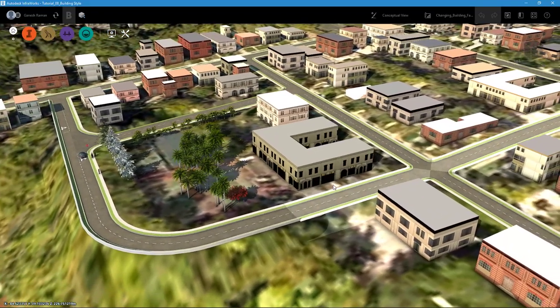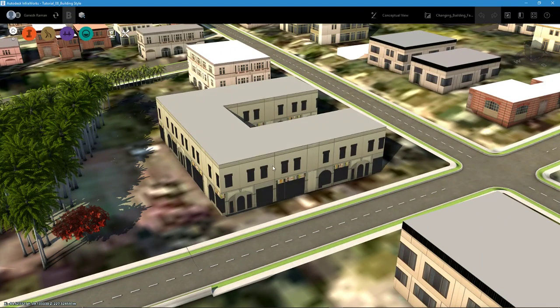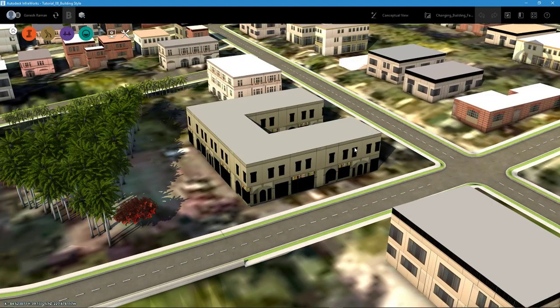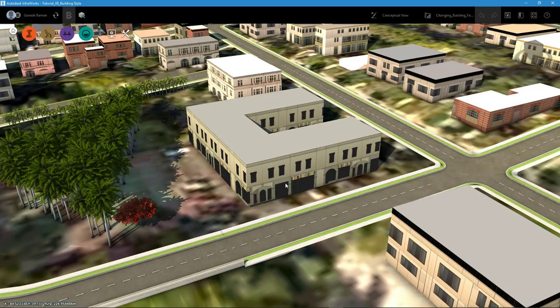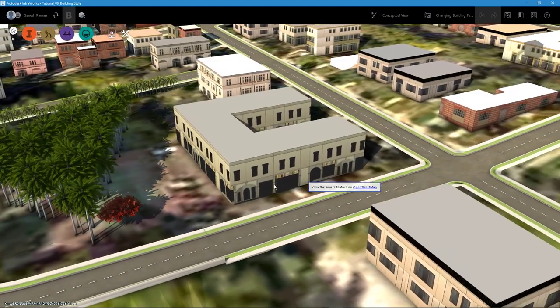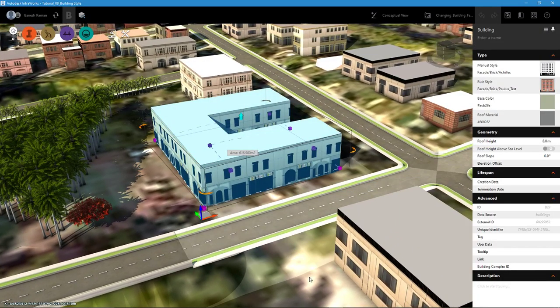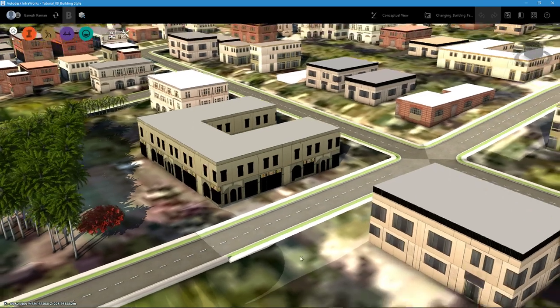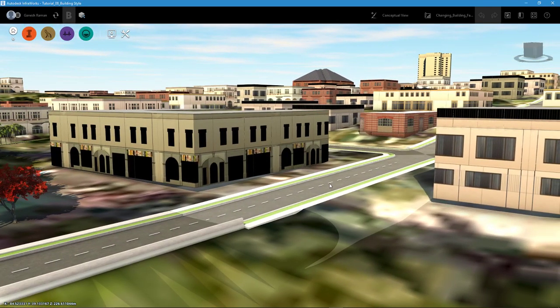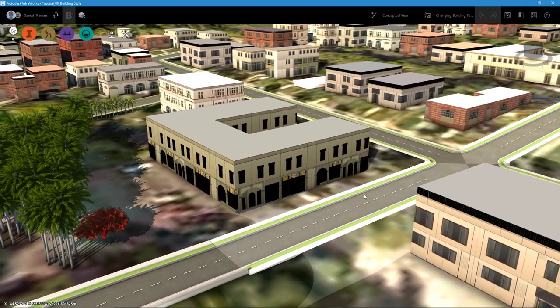So now I would like to work on this building over here that is at the corner of Jocelyn and Digby. As you can see here, the texture that is on this building is a generic texture created by InfraWorks. This is a quick and dirty way to view your buildings, and the building itself is coming from the OpenStreetMap data. And this is great to just quickly look at it. But let's say you're working in this area and you want this to be very realistic to what is